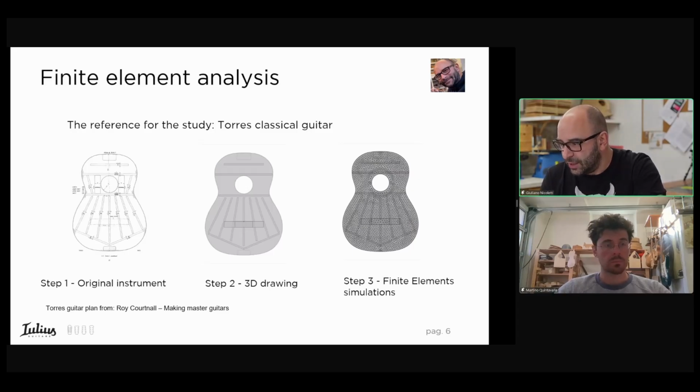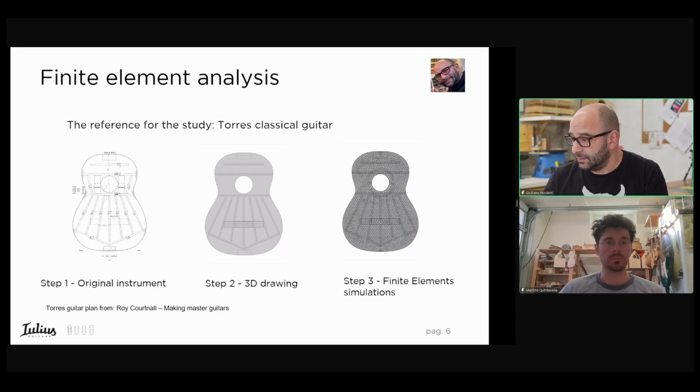A mesh is in fact nodes and elements that recreate the geometry, and we assign to each one of these elements the characteristics of the materials, and this allows us to study the behavior of this model with different